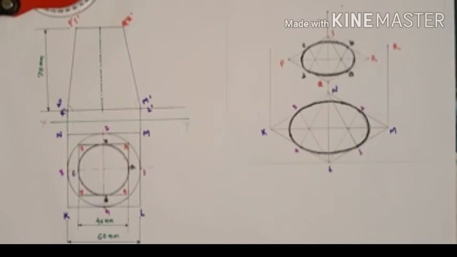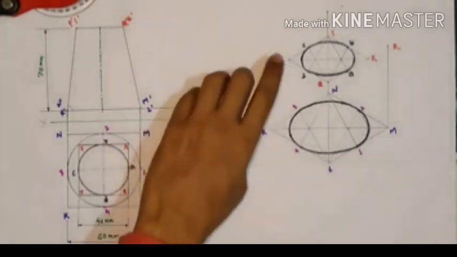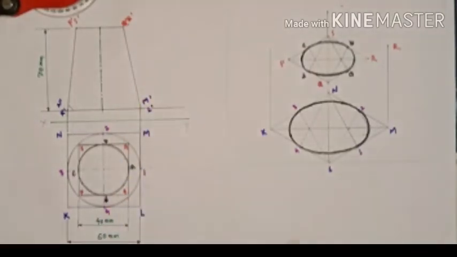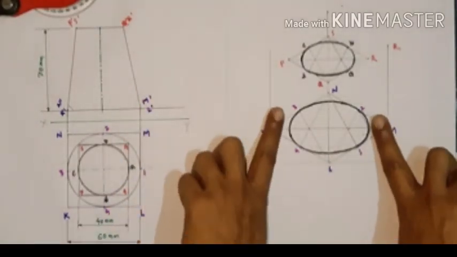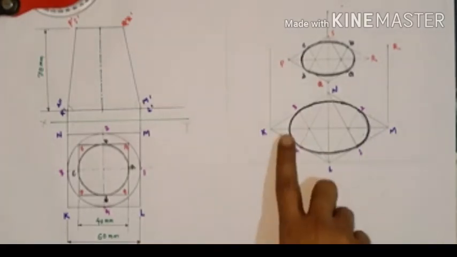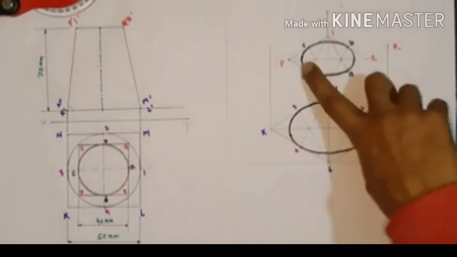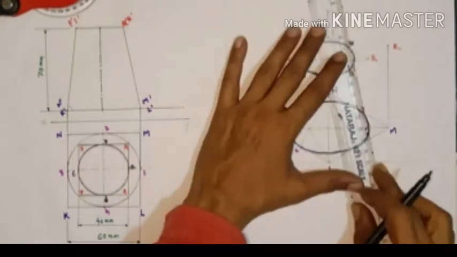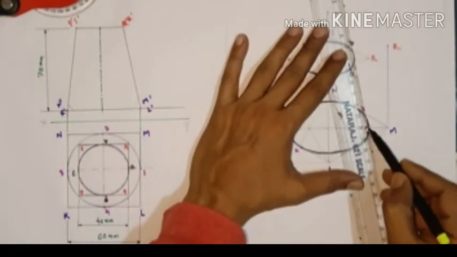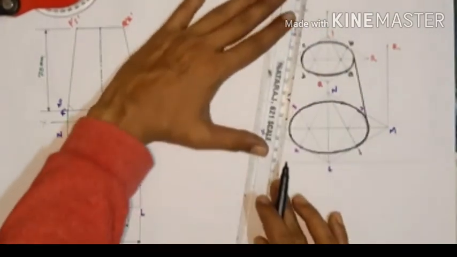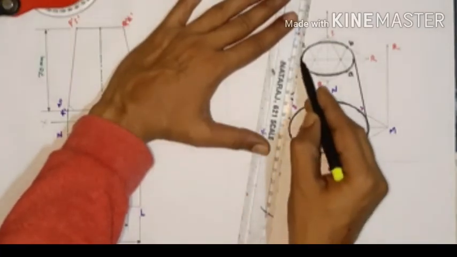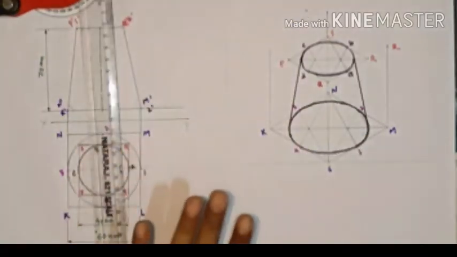Okay, so here we actually do not need to join this, because we just see it is a truncated portion. So this point and this point join to the middle of this. So it just looks like this. So joining with the HB pencil like this, and right now again do the same here like this. So this is your truncated portion right now.